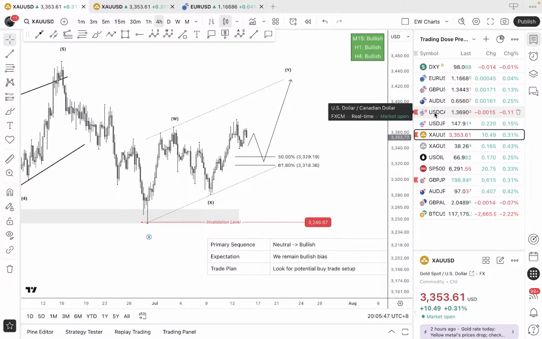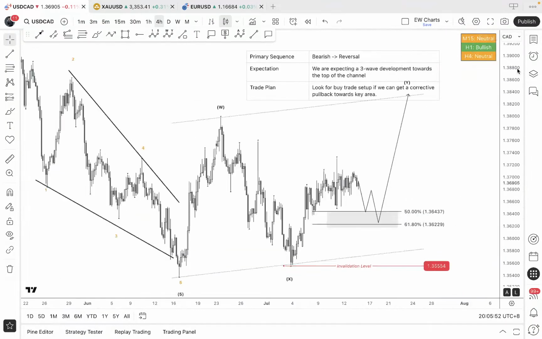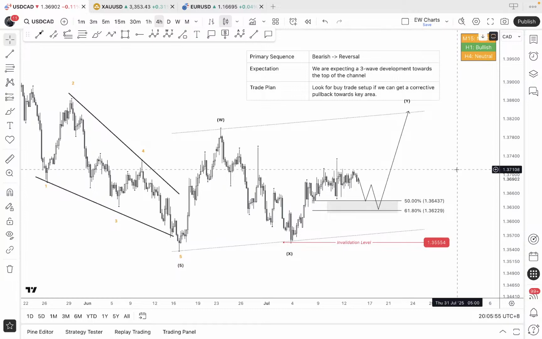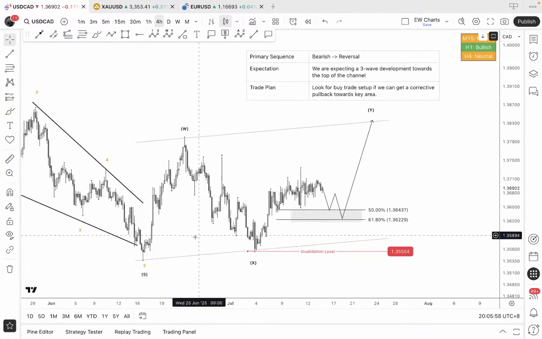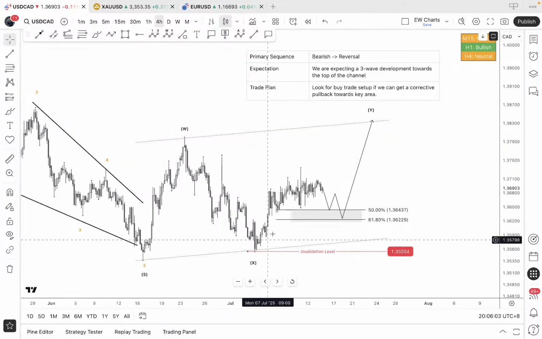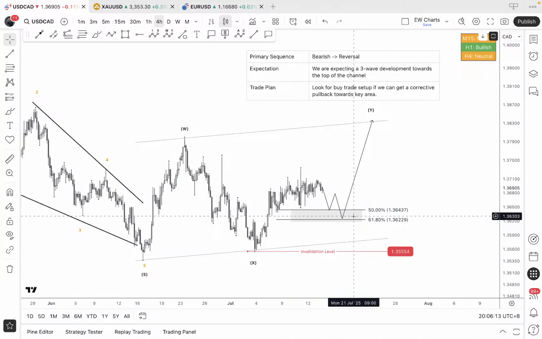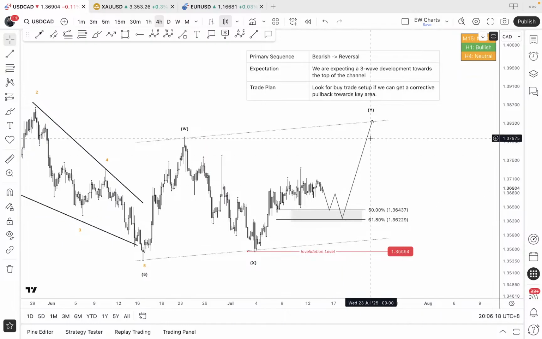I think it's at dollar Canadian. Dollar Canadian here on the 4-hour time frame. What we're looking at is a simple trade structure, W, X, Y, and an initial push to the upside from the low point at 1.3550. Okay, and if we can get a corrective pullback towards our key level around 1.3640, 1.3620, that is where we can look for an opportunity to buy. So our expectation and our focus here is to look for a trade setup. Now, if I go over to